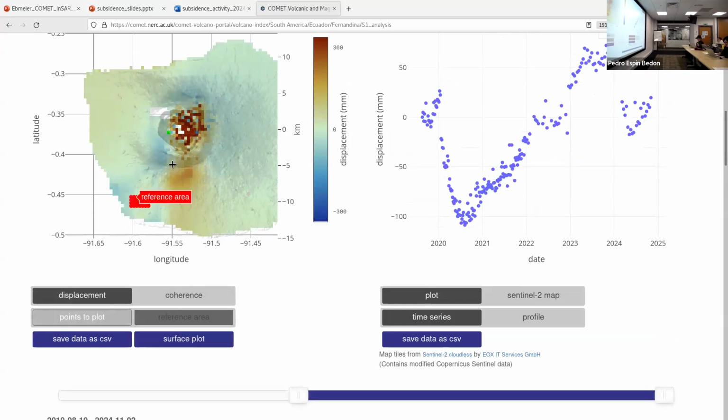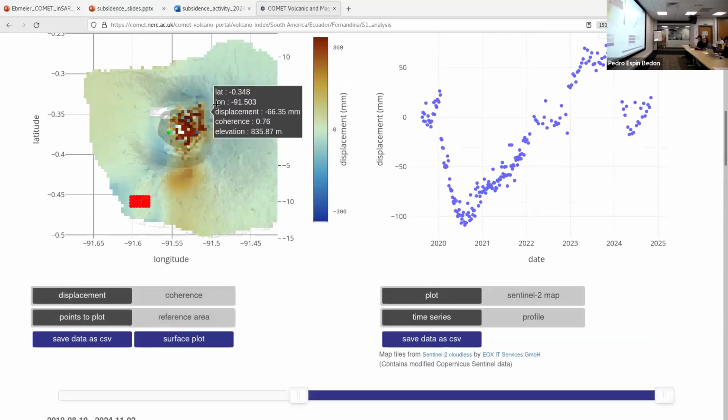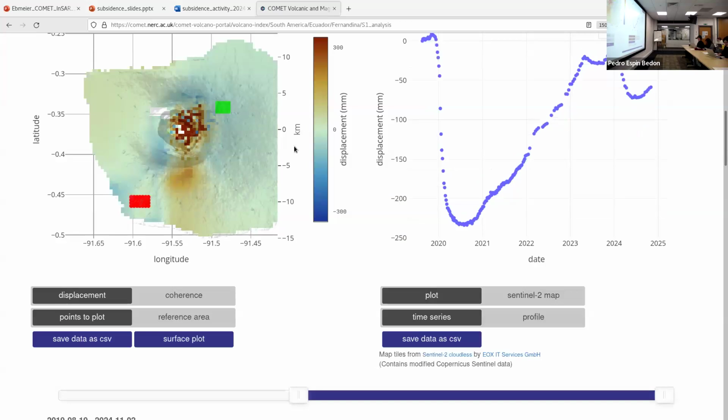And this is quite a nice, rich example here, because in the period of the time series we've had multiple eruptions. We've had intrusions that seem to have taken place underneath the caldera, but also on the flank. And there's an interesting feature right down where Pedro's put the reference in, the red box, which looks like a sill which extended offshore at some point.